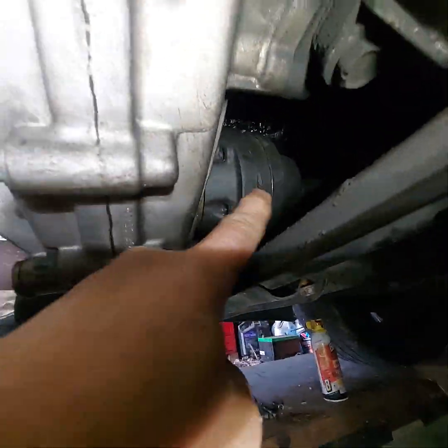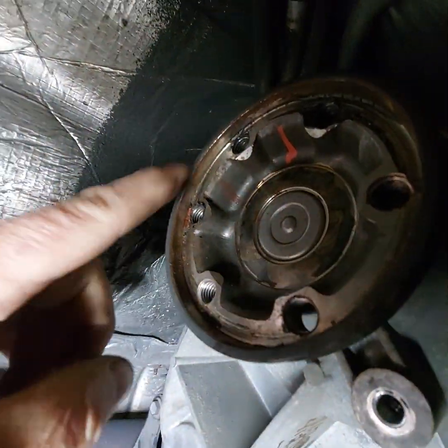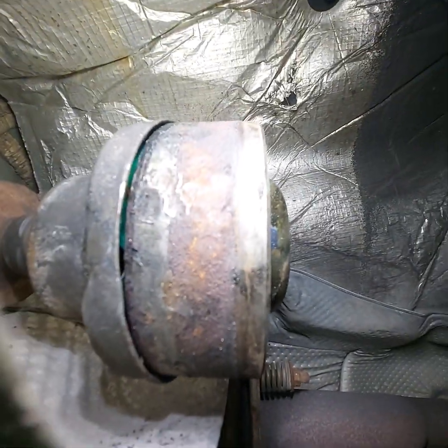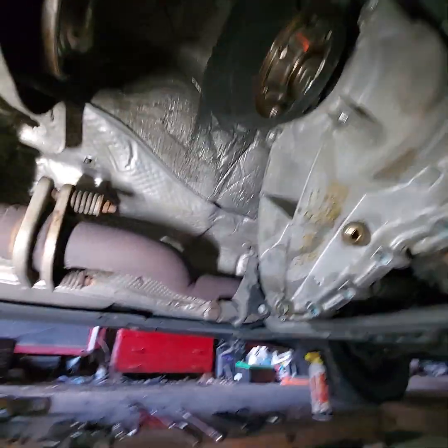Them joints are kind of hard to get out of that because they go inside of a recess here. They sit inside of a recess. You can see there, that shiny part there. It goes in there about 3/16 of an inch. Kind of a job to get out of there. But anyway,